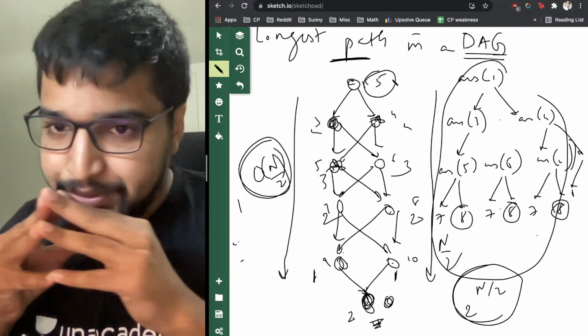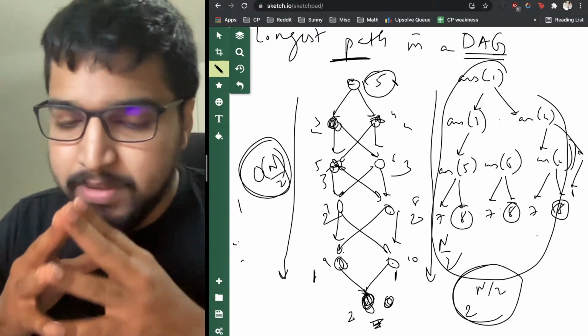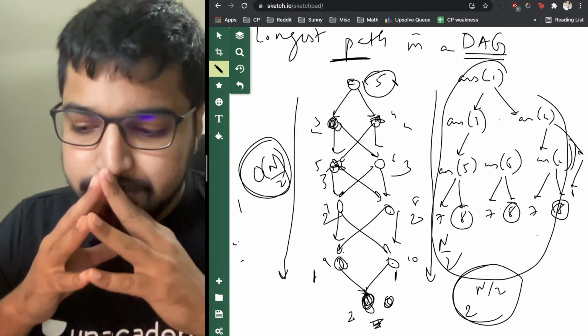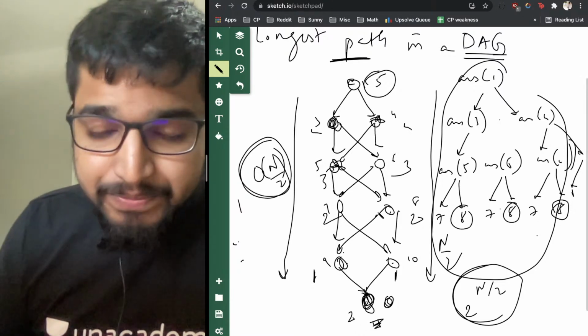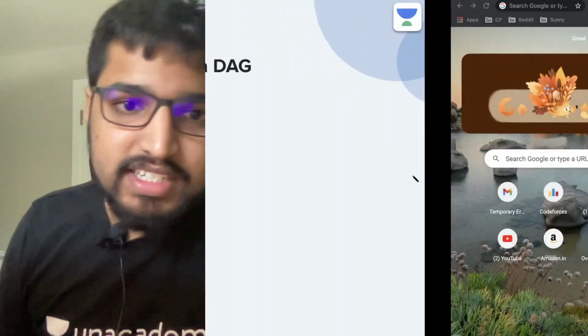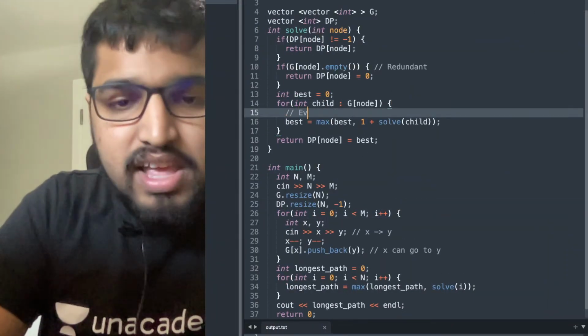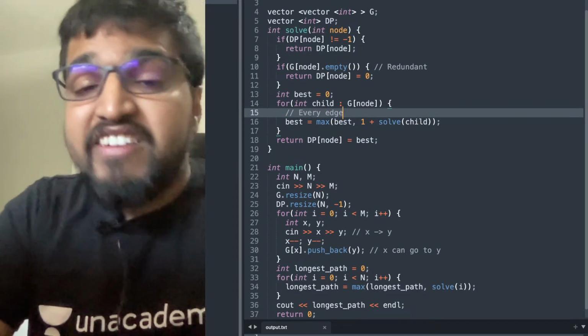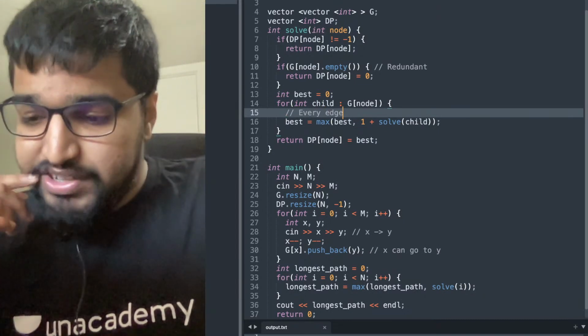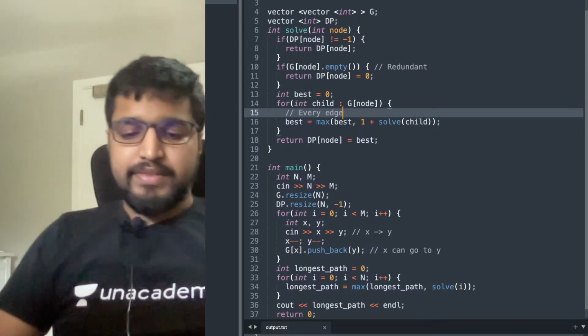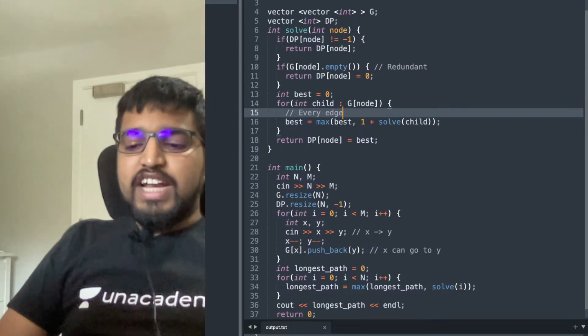Any doubts? Do you want me to re-explain any part of it, or the complexity if the complexity is not clear? Note that for every edge, we are traversing exactly once. For every edge here, we are traversing exactly once, right? We're traversing each edge exactly once, meaning